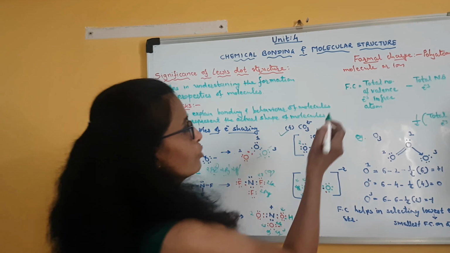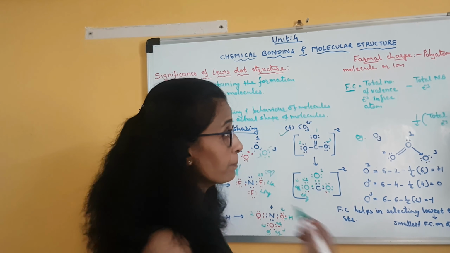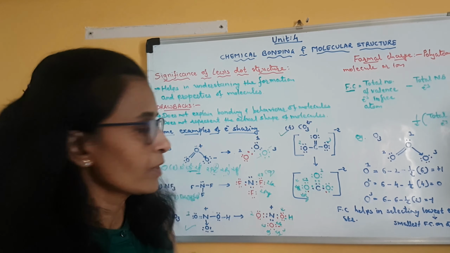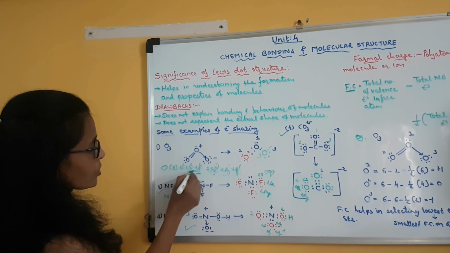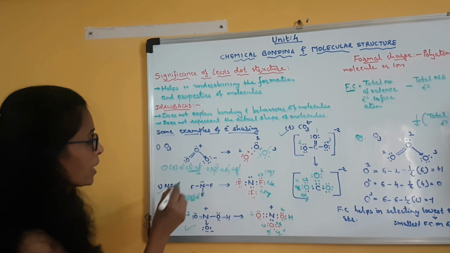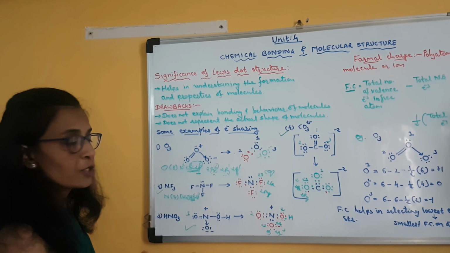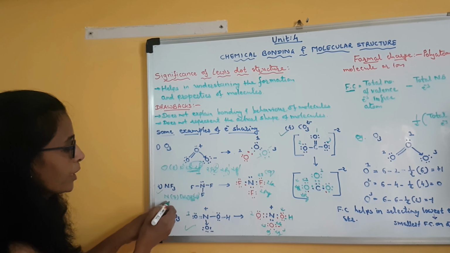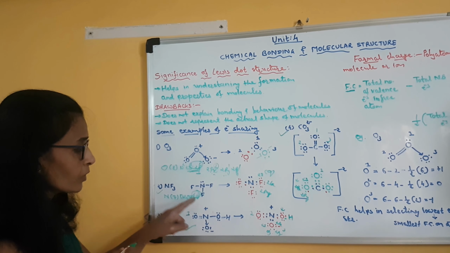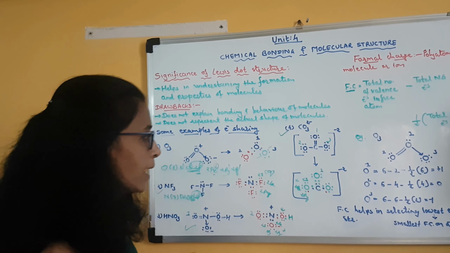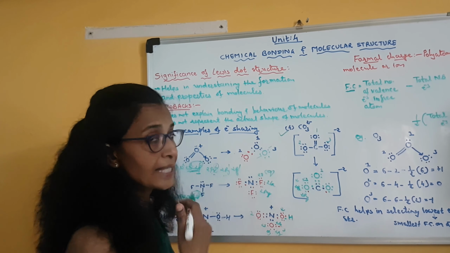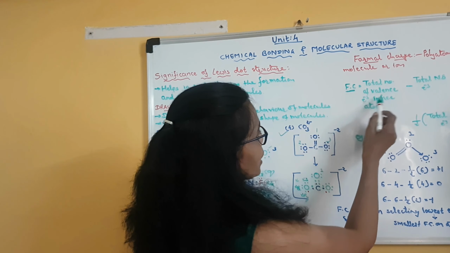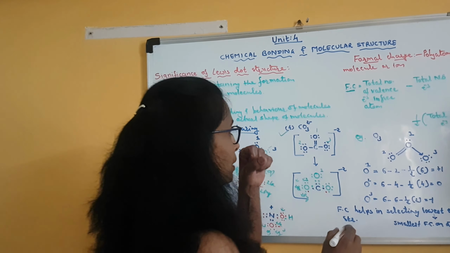Now mathematically, formal charge Fc can be calculated by the total number of valence electrons in the free atom. For example, if we take oxygen, oxygen's valence orbit is this, the second orbit, in which there are 6 electrons in total. So 6 is the number of valence electrons present in oxygen. Clear? If we take nitrogen, then nitrogen has 5 valence electrons. Clear? Like that, fluorine has 7 valence electrons. Got it? So formal charge is equal to the total number of valence electrons in the free atom minus